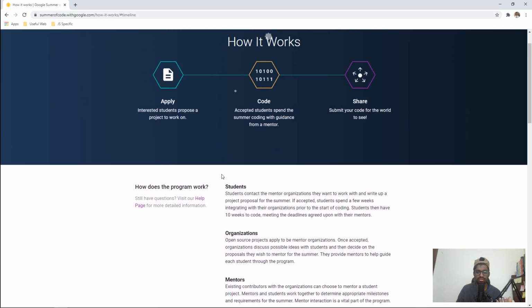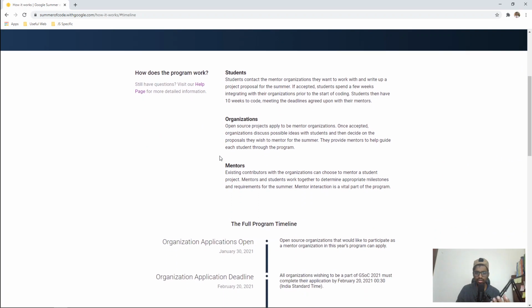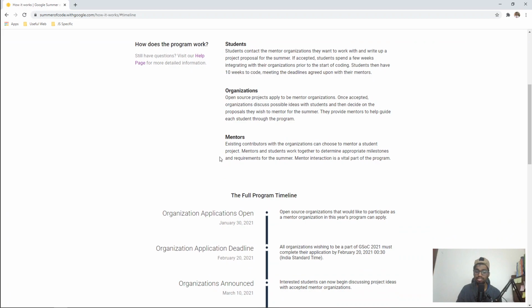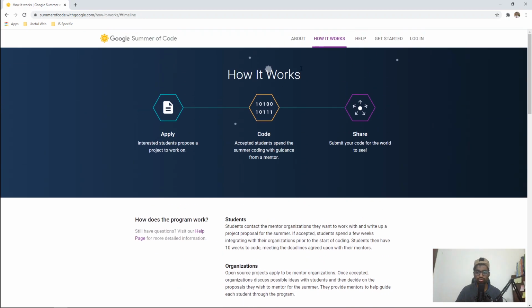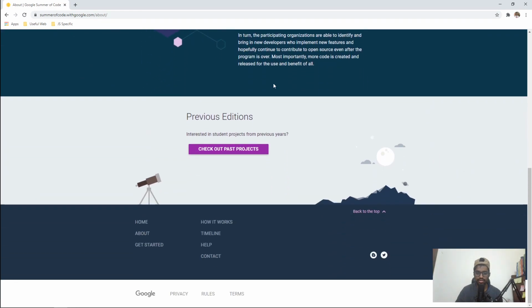So I will suggest, first of all, go to this site, learn about this a bit, and start contributing to the organization that you want to participate in. Even if the organizations are not yet announced for this year's GSoC, there are always certain organizations that are selected every year. So you can go to their project on their GitHub site. They have various channels, right? I'll show you. Once you go in, you will see various things.